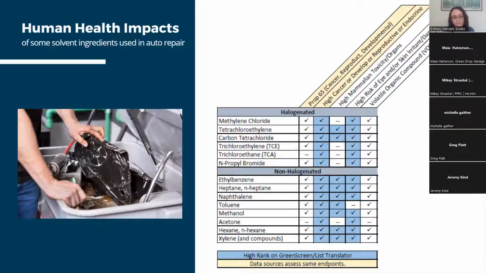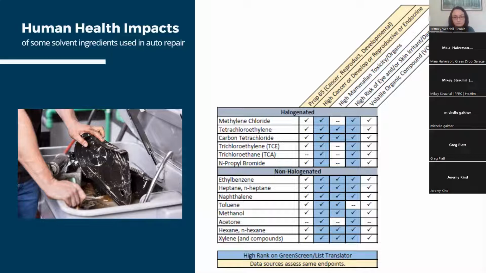So this chart talks about different hazard endpoints. And by that, I mean cancer is one hazard endpoint, endocrine disruption, organ toxicity. All these endpoints are kind of lumped into different ways to assess the chemicals. But the top 6 or so are halogenated compounds, and then the others are non-halogenated that we might see